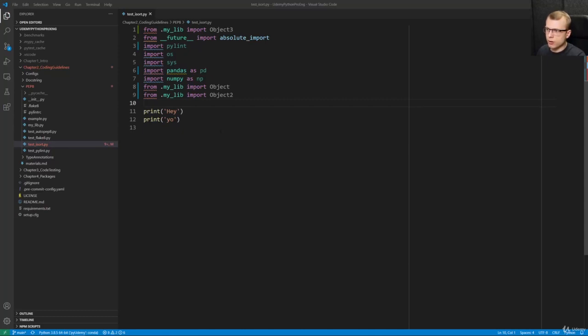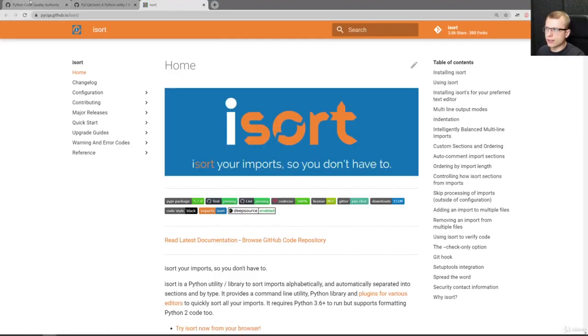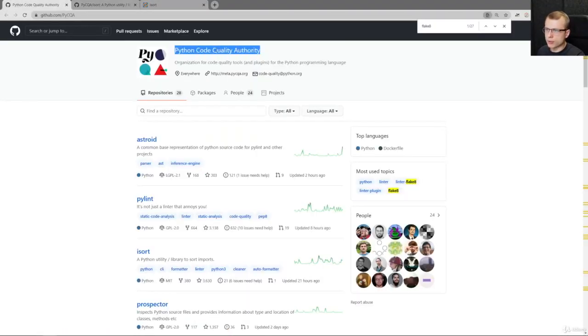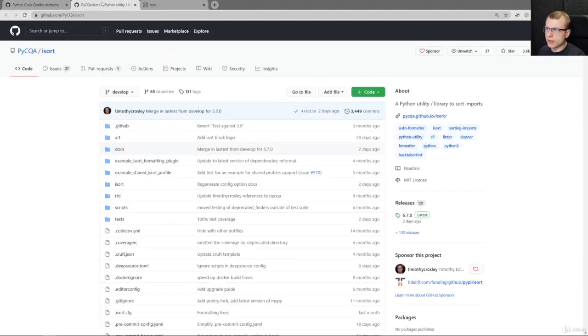And if you are working on a legacy code base where the PEP8 guidelines weren't satisfied, and you want to refactor your code to be more compliant with PEP8, you can use isort as a tool that will sort your imports without any work that you have to do yourself. The tool will sort the imports on its own. And isort is, again, open source from the Python Code Quality Authority, which has an open GitHub repository,